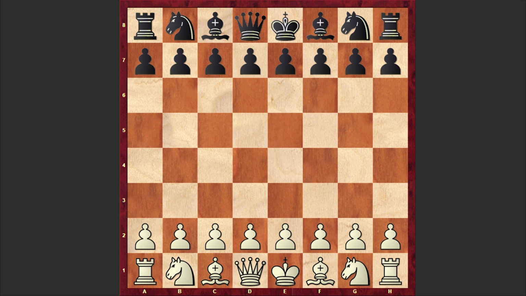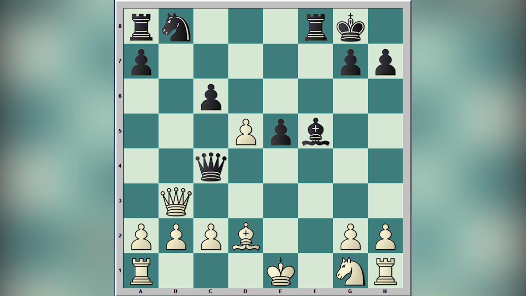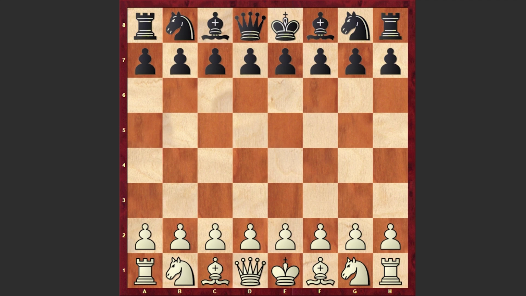But before starting our game, I would like to warm up your brain. Please take a look at this position and try to find mate in 3. It's black to move. I will wait for your answer in the comment section. Back to our main board, and now without further ado, let's see what happened in the game of these two